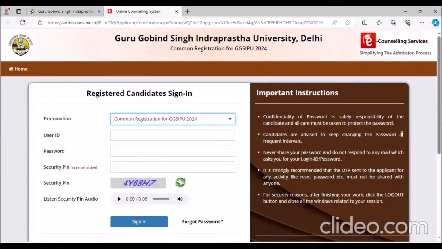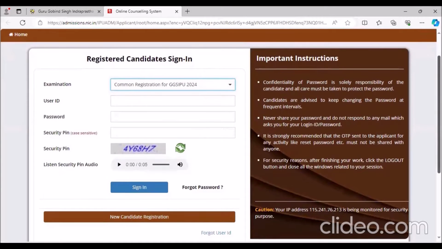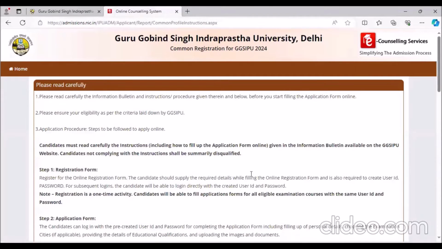So this is a registration window. First we have to register ourselves. So we have to click here, new candidate registration. Okay, so